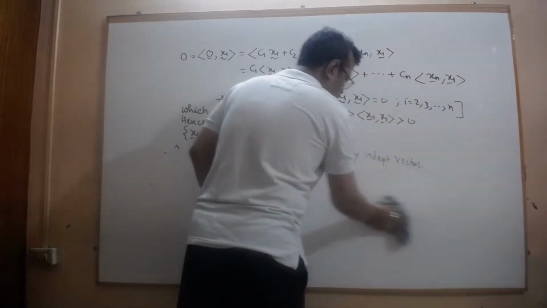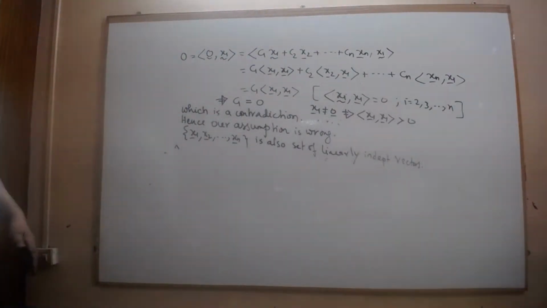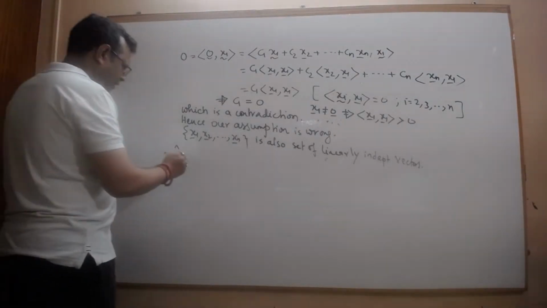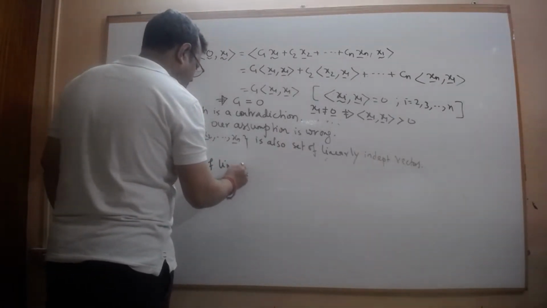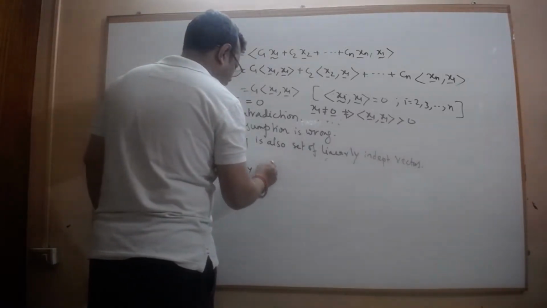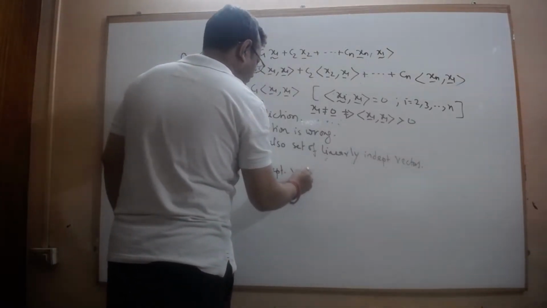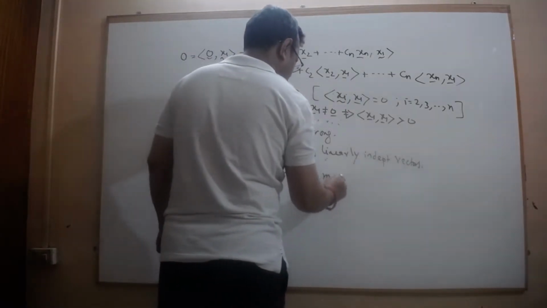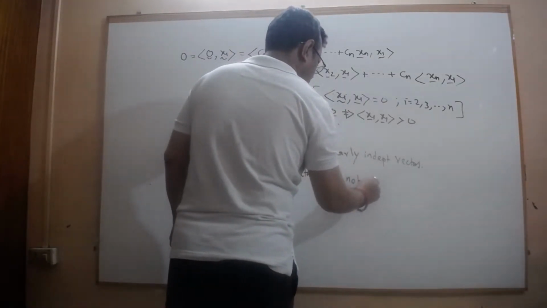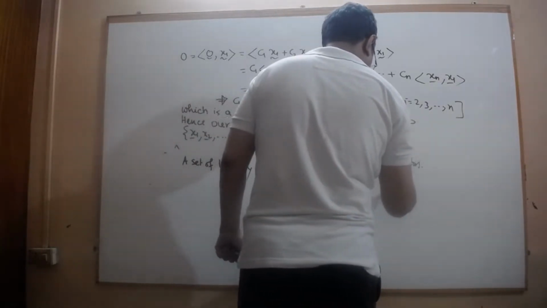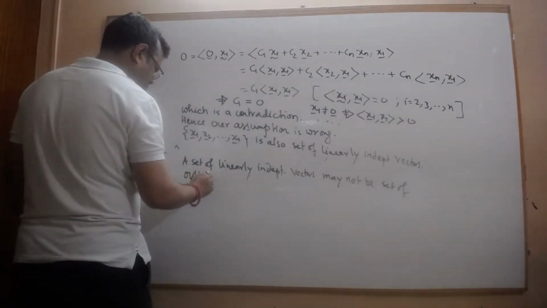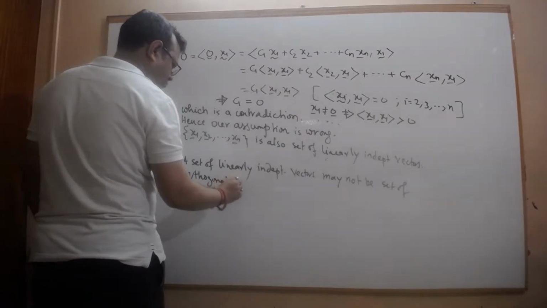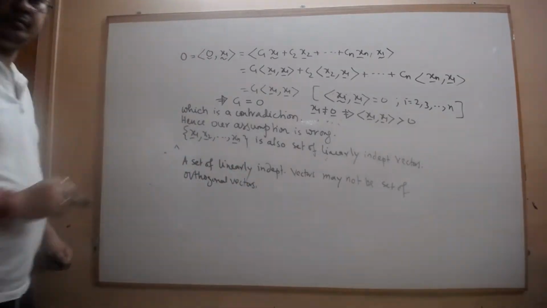But the converse is not true. That means a set of linearly independent vectors may not be a set of orthogonal vectors. Example,